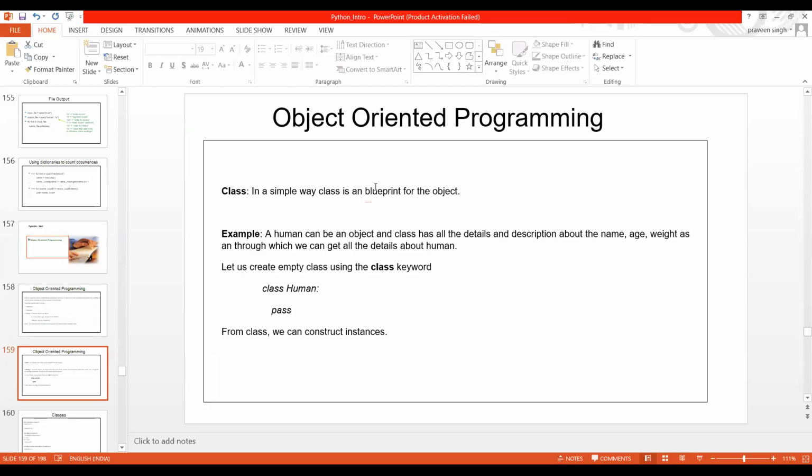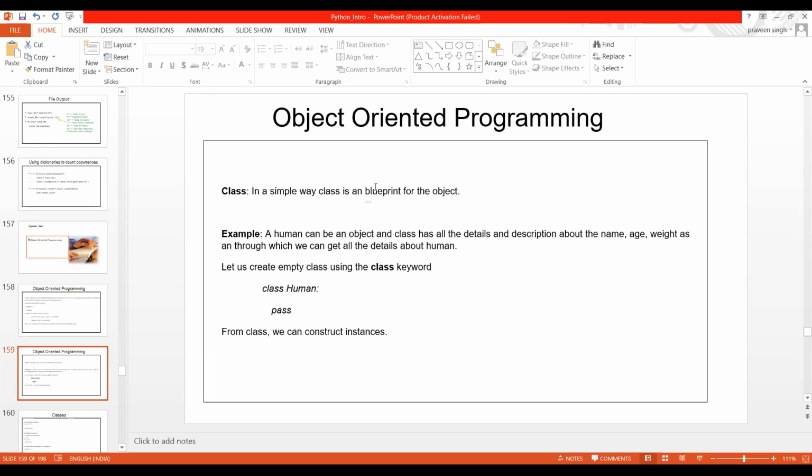When I say all the details, it means it contains attributes and it contains behavior. What all attributes you have, that is there in the class. What all behavior you have, that is also mentioned in the class.